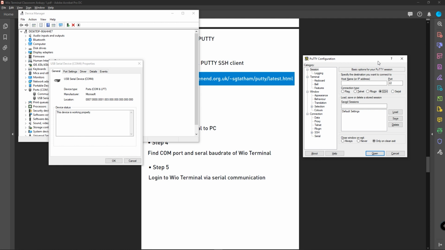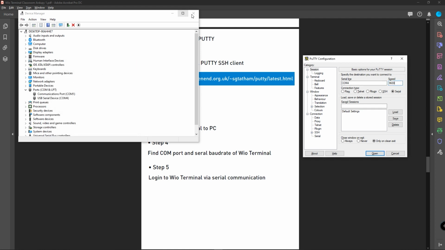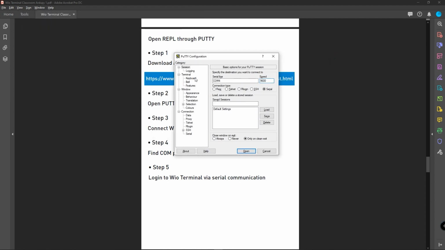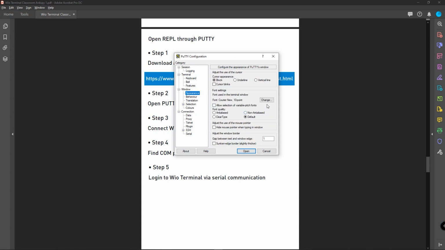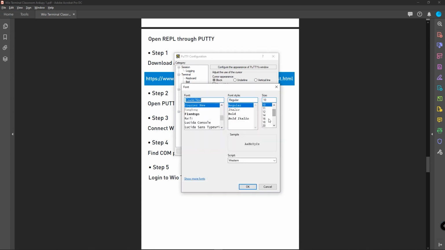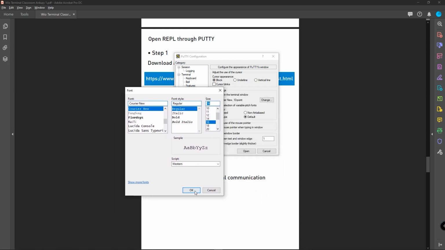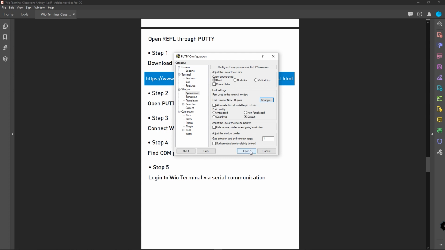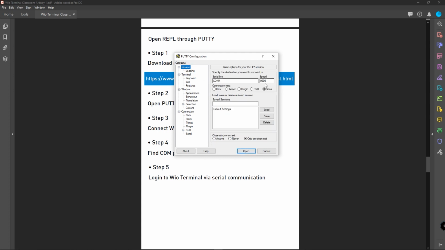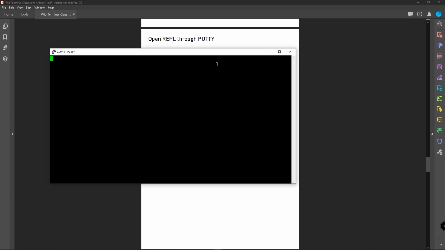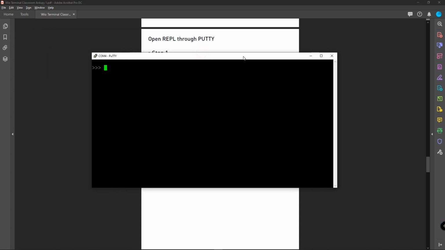So here on the PuTTY client, I will choose serial because the communication between the Wio terminal and the computer will be a serial communication. I will change this to COM4, and the baud rate I will keep as 9600. And let's go to appearance and change the font size to 16 because font size 10 will not be that visible, so 16 will be fine. Then go back to this and let's open it and press enter here, and now we are inside the